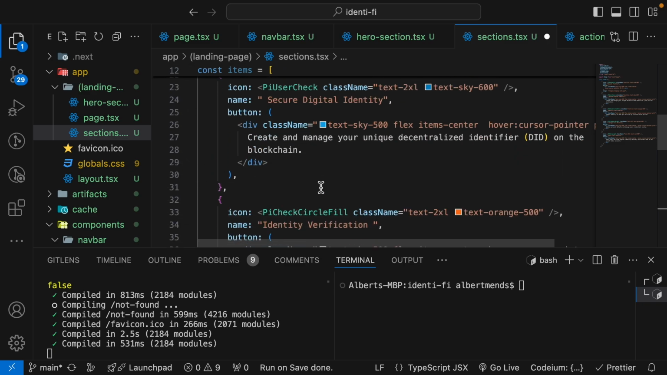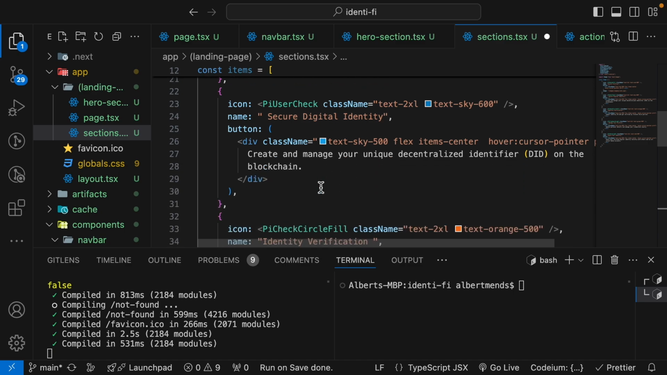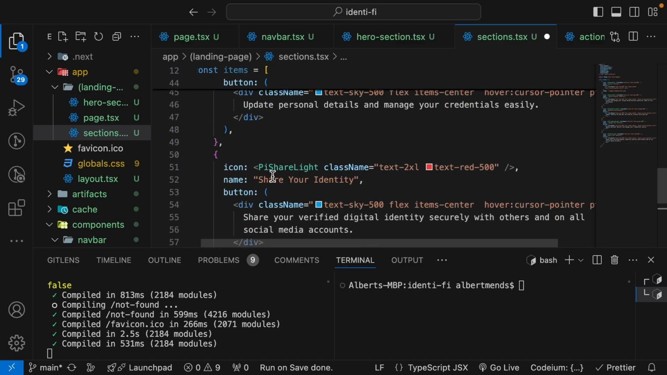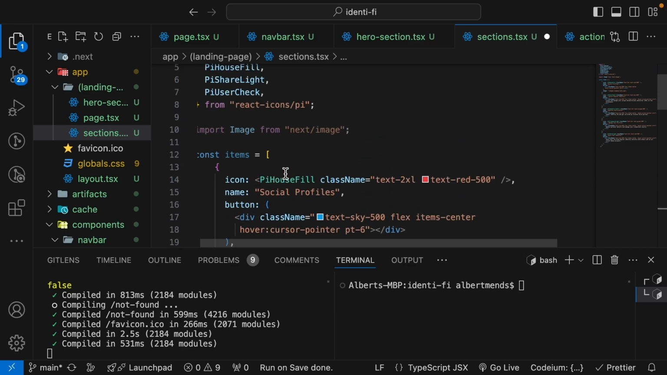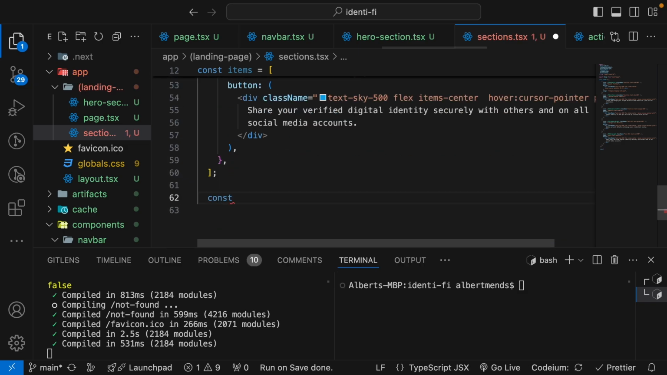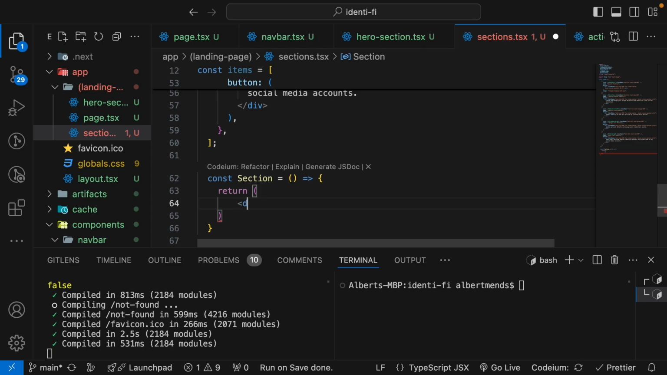So we have these buttons. So yeah, the rest of the buttons: manage profile, share your identity, and the rest. Okay, so we are going to create a constant section with this, and we are going to return this